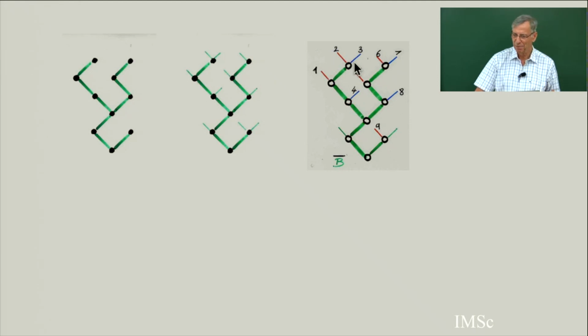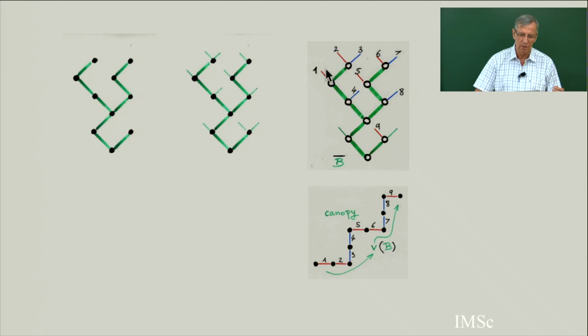I am repeating myself, but as it's independent of the lecture I gave on Malvenuto-Reutenauer, I repeat the definition. And the definition is of the canopy. The canopy of the binary tree is a word of length n-1 in two letters. The letter says if you go left or if you go right when you read the binary tree's external edges from left to right. That means you read the external edges in symmetric order. So for example, you have red, red, then blue, blue, and I can encode this by a path like this: red, red, going east, east, then blue, blue goes north, north, etc.